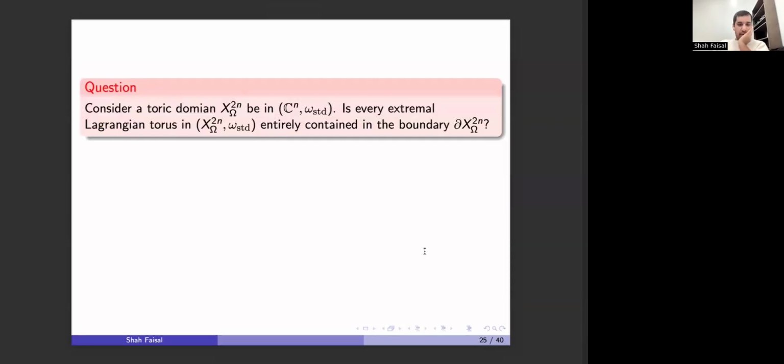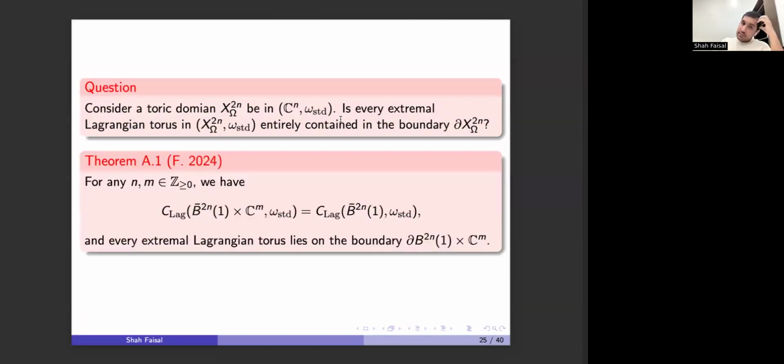So one question one can ask is, of course, the conjecture is true for balls, which are basically very round in geometry. What about other toric domains in CN? Is it true that every extremal torus in a given toric domain is entirely contained in the boundary? I made some progress on this one, and for the cylinders, if you take a round ball and times Cm